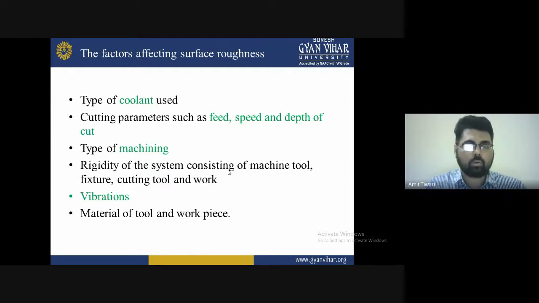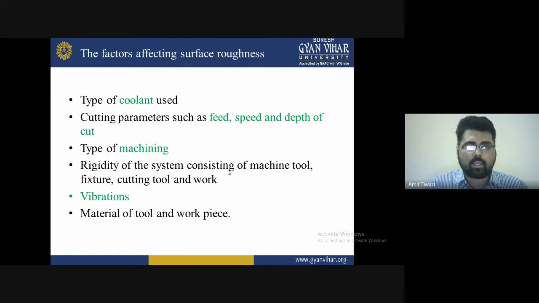The type of coolant used, whether water or any other special chemical used during machining, will also affect the reaction of the coolant with the workpiece or the tool. It is also responsible for decreasing the quality of the material and increasing the surface roughness, because the coolant reacts with the material. Suppose iron is used with a coolant; the corrosion will increase. These are the defects caused by the coolant. If another chemical is used, first check the material and then the appropriate chemical. After that you can identify the surface roughness and check the quality of the workpiece.